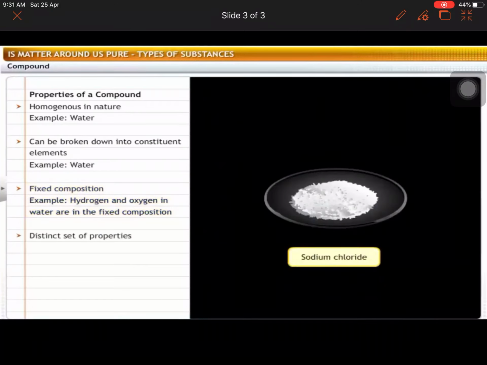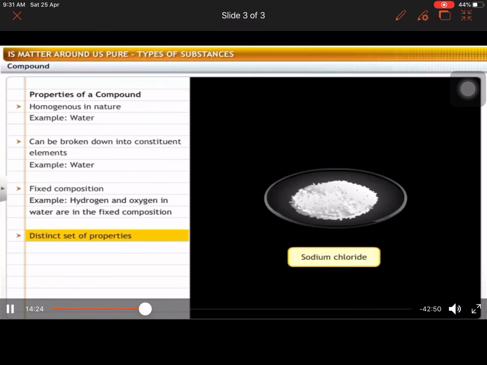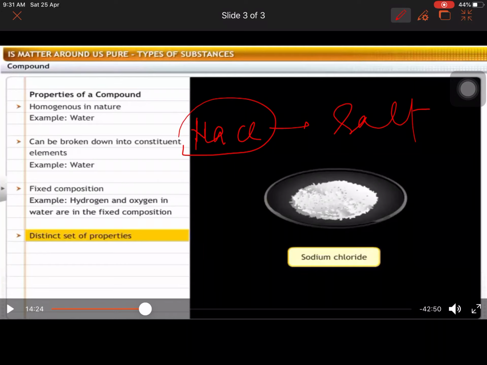A compound has a distinct set of properties which is not similar to the properties of its constituent elements. Yes, the very important point. When a compound is formed, suppose I am taking the example of water or sodium chloride, okay? So what is sodium chloride? NaCl, you call it salt, right? Now sodium chloride is a salt in compound form, but when you consider its individual particles,